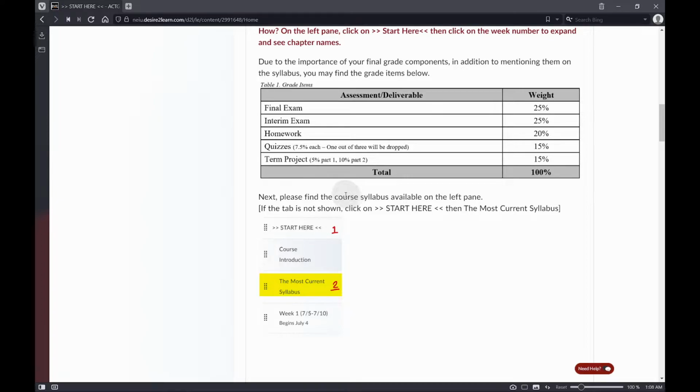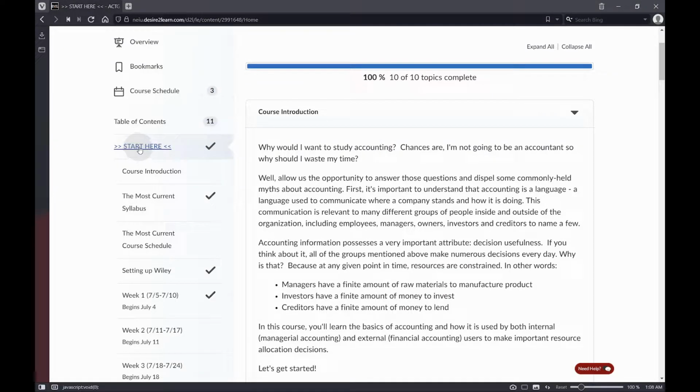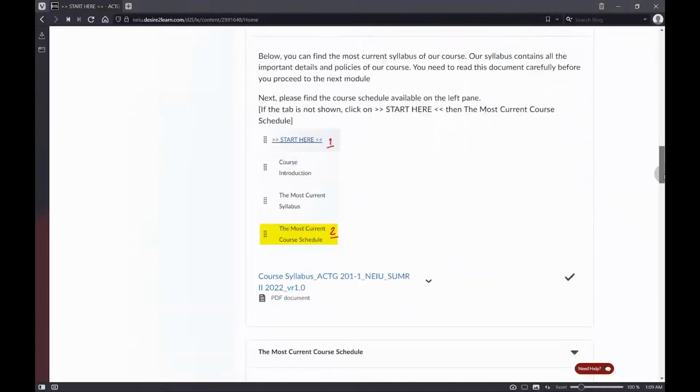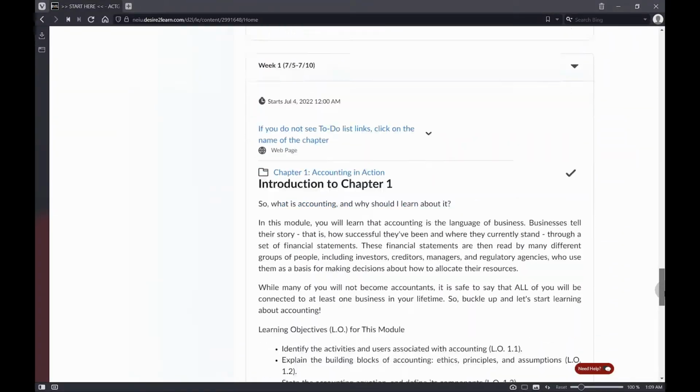Next, please find the course syllabus. How? You need to click on Start Here and click on the syllabus link. Basically, here, click on Start Here and click on the syllabus link here. On the Start Here page, everything is listed one after the other, so you really do not need to